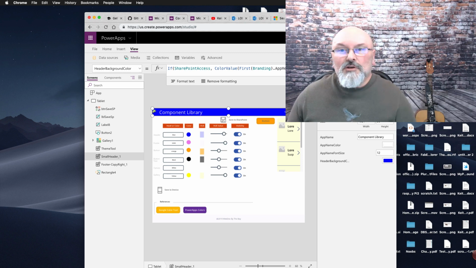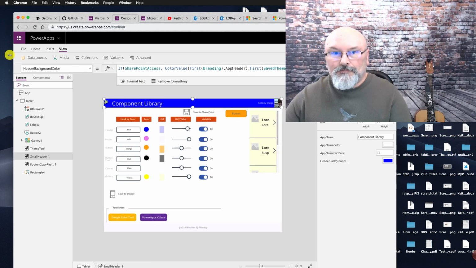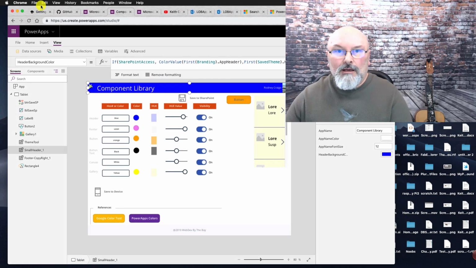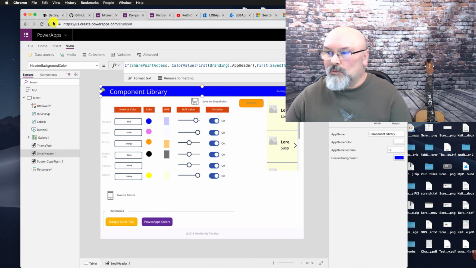Alright, so now we have a security group created in Azure Active Directory. We've added a user. And now I'm back in Power Apps. And before I get into this, why don't I show you the demo coming from my iPad.